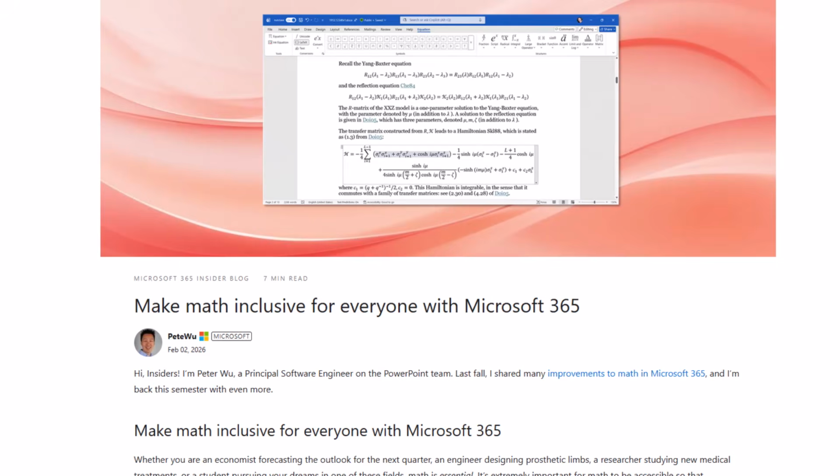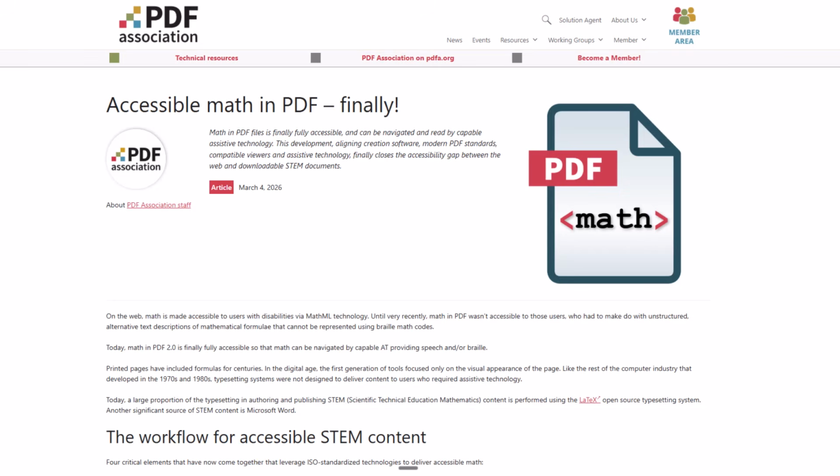Hey everybody, it's Dax Castro, and I am so excited about the recent news with math and PDFs. I don't know if you've been following it or not, but Microsoft just announced that you are now able to inject MathML into your Word document and then export it to a PDF and have it be readable by JAWS and NVDA. And PDF Association just released that PDF UA2 now supports math, and math can be injected into a PDF using the right code and tag structure to be able to be read by both JAWS and NVDA in